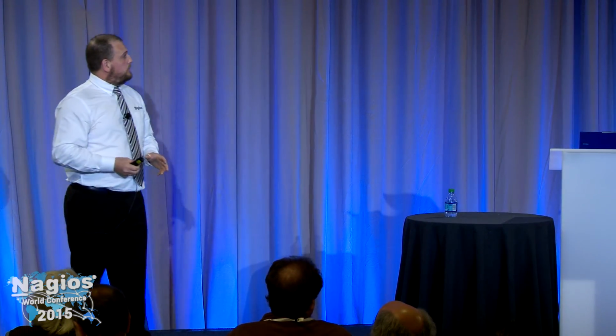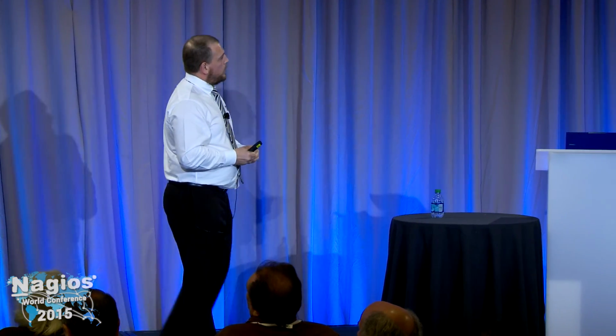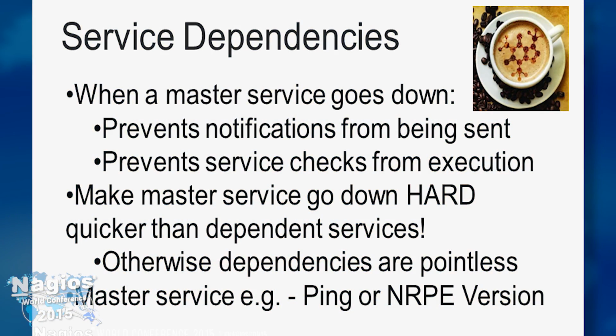So you can get around this with a couple of different methods. Service dependencies is a great one. When you configure a master service like ping or NRPE, you can say all of these other services depend on this master service. So when the master service goes down, you can either say, don't send notifications or don't execute the checks